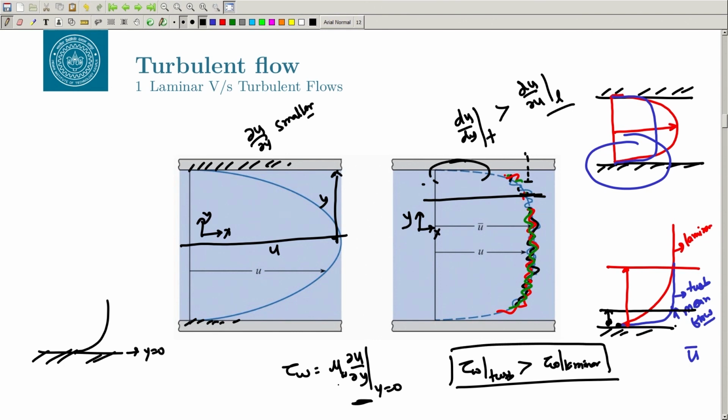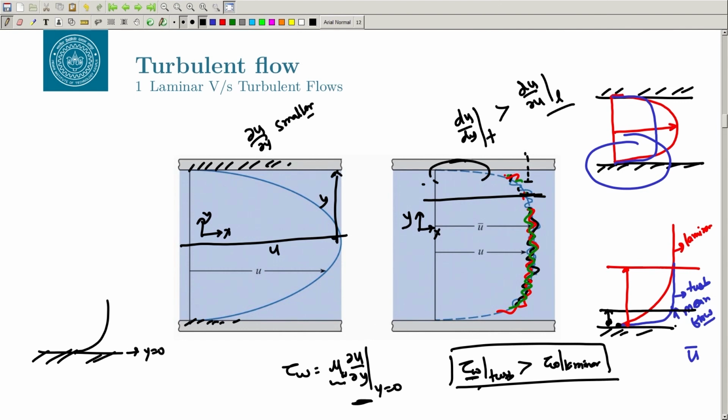And remember, this viscosity is the property of the fluid, it does not change. Because of the change in gradient you are experiencing a higher stress, and that gives you the drag. So, that is why this wall shear stress is related to the skin friction drag. As you might be knowing, there are mainly two kinds of drag, one is form drag, the other is skin friction drag. The form drag is because of the shape, and the skin friction drag is because of how the flow is sticking to the